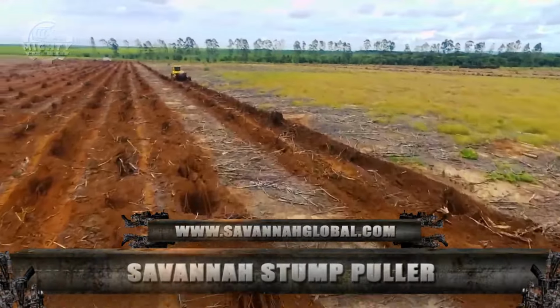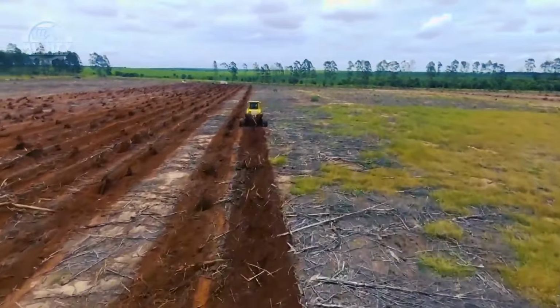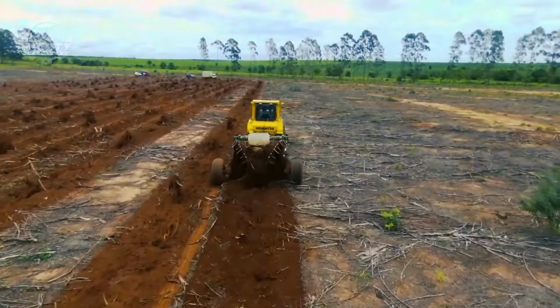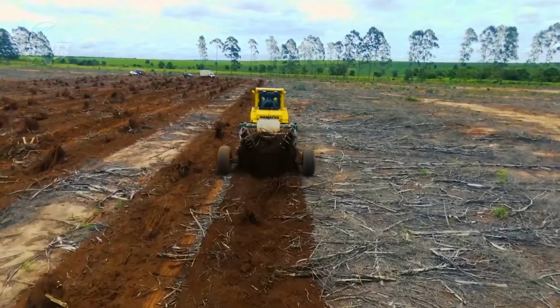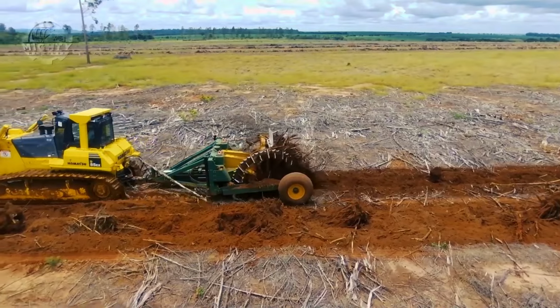Last but definitely not the least, we have the Stump Puller 1720 of Savannah Global Solutions. This machine is known to be one of the most flexible and durable stump pullers that can work in any soil conditions. This unit is made to pull stumps ranging from 4 to 23 inches in diameter and transfer it